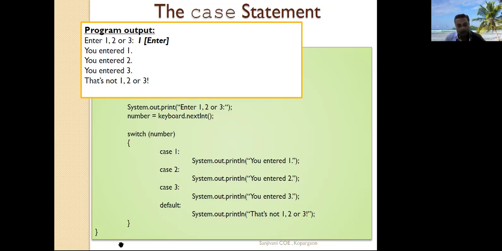If no match is found, here no match is found because the user entered L, and no case expression has the value L. Due to that, no case is executed, so the execution control is transferred to the default case, and it will execute the default case and print the message, that's not 1, 2, 3. This is an example of when a default case gets executed.